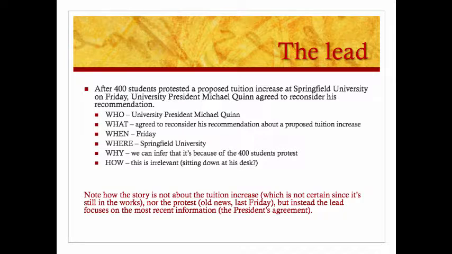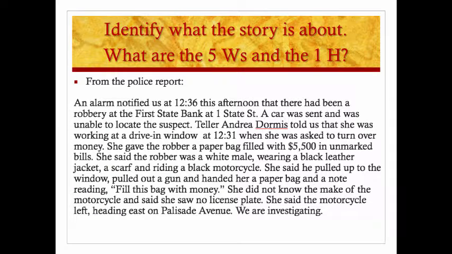and the rest of the issues with the story come in the second paragraph. This is an example I'll let you read on your own, where the breakdown of the 5 W's and the H. And this is an example that you could look at in terms of information that comes from a police report, and as a reporter, how you should think about it. So you have information that is about a robbery at a bank, and the police report talks about it chronologically. So it starts with the alarm that notifies police, the fact that the teller of the bank tells what happened with somebody coming at the drive-in window at 12:31.